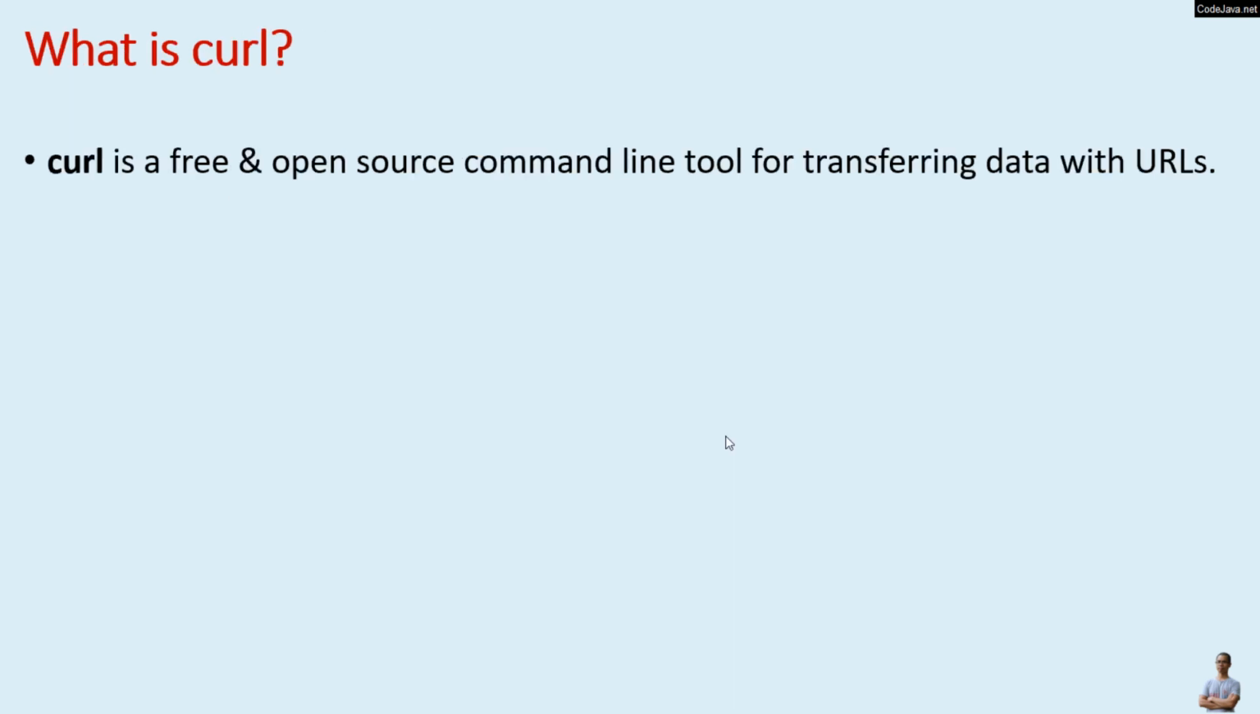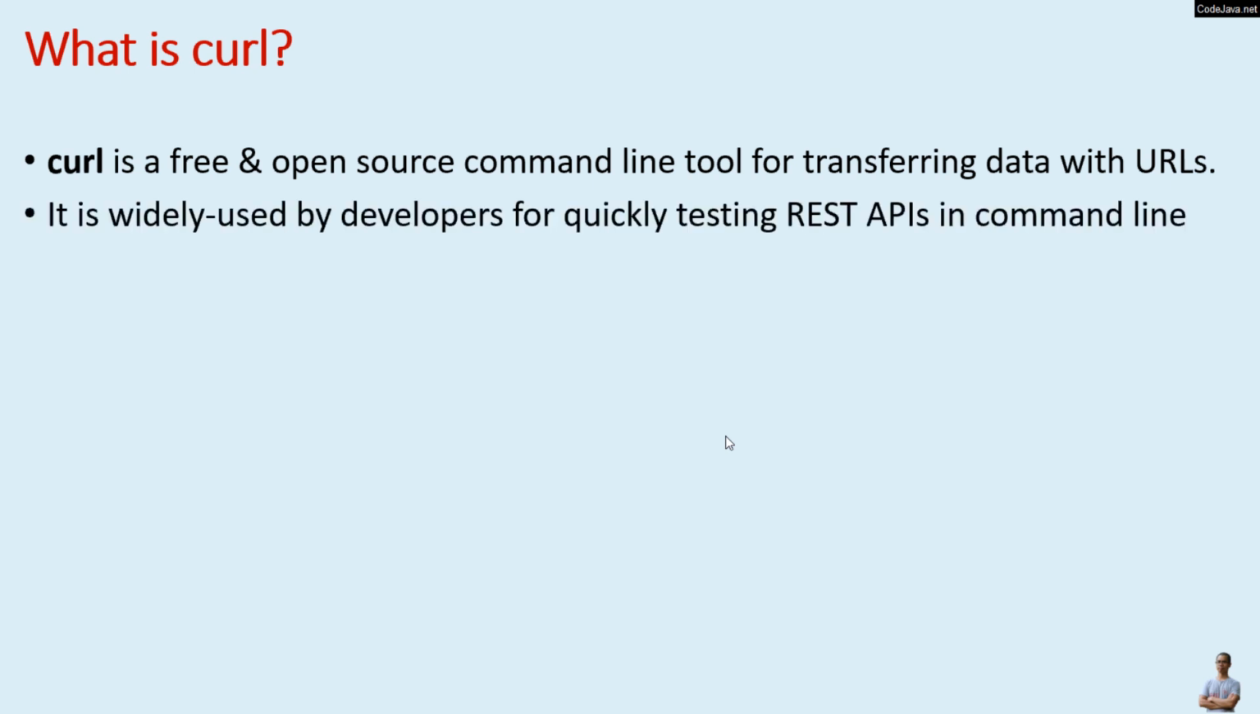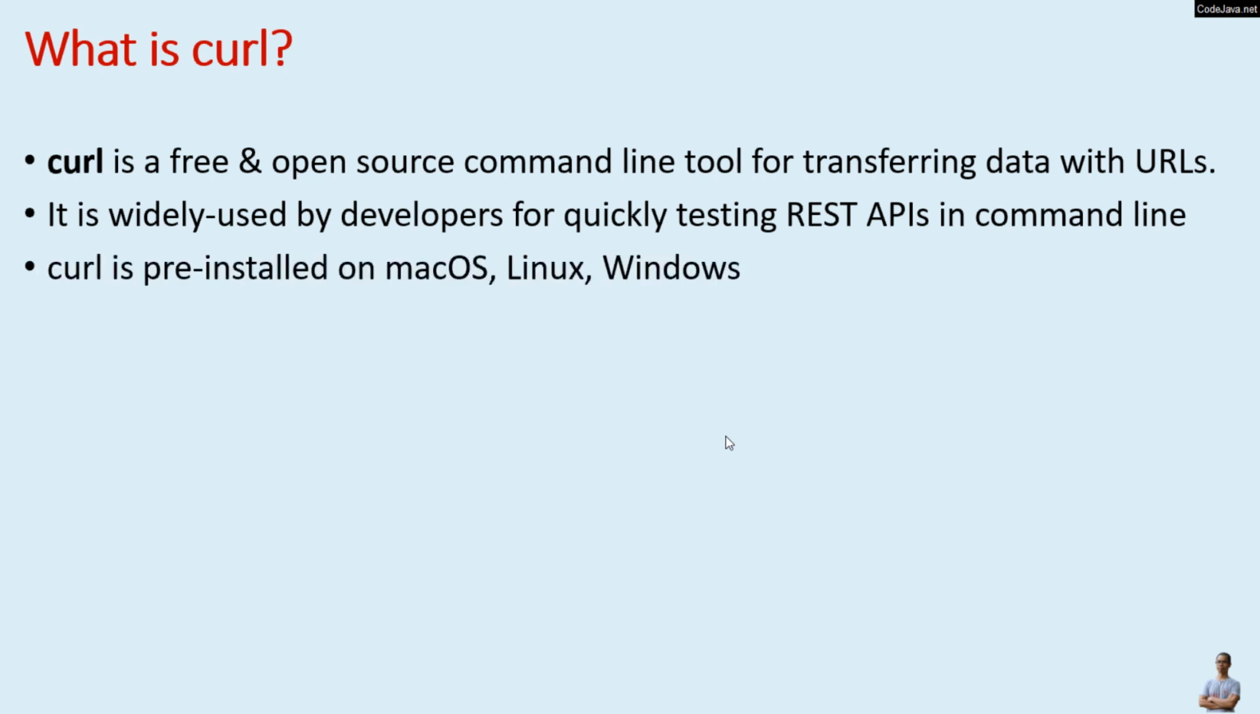Firstly, what is curl? Curl is a free and open source command line tool for transferring data with URLs. It is widely used by developers for quickly testing REST APIs in the command line. Curl is pre-installed on most major operating systems like macOS, Linux, and Windows. That means you can use curl right away to test REST APIs. And in case curl is not available on your computer, you can download and install curl from its official homepage